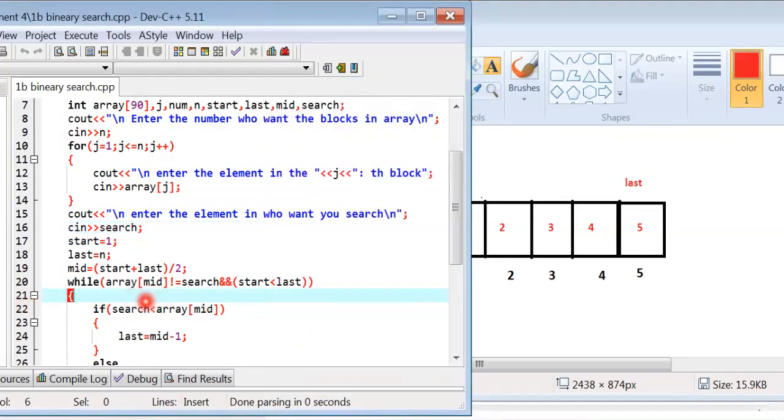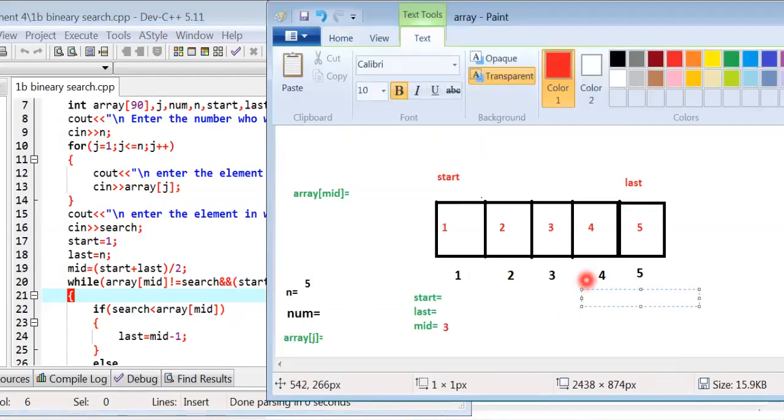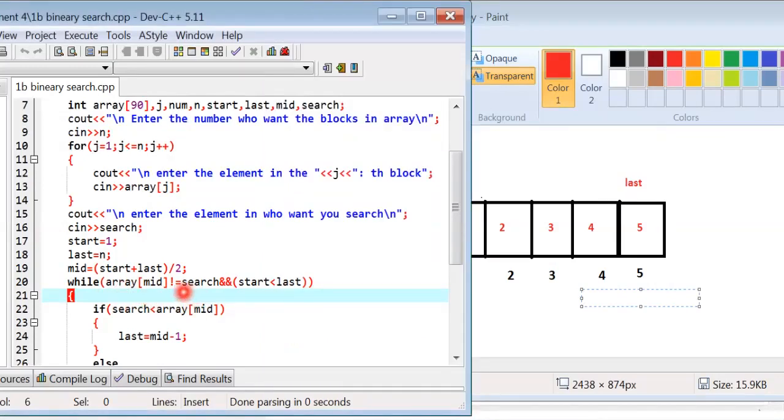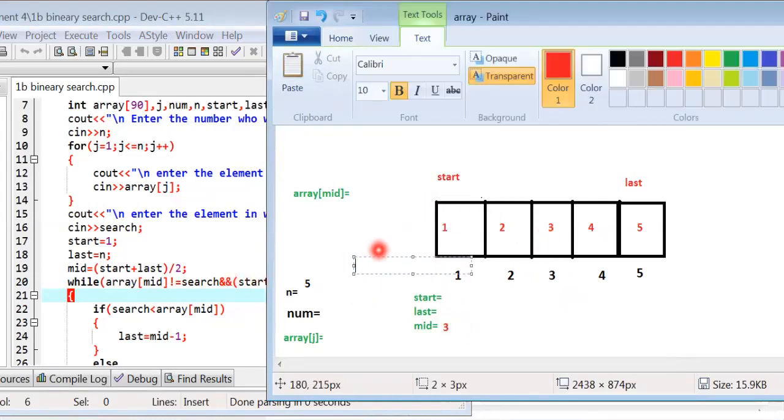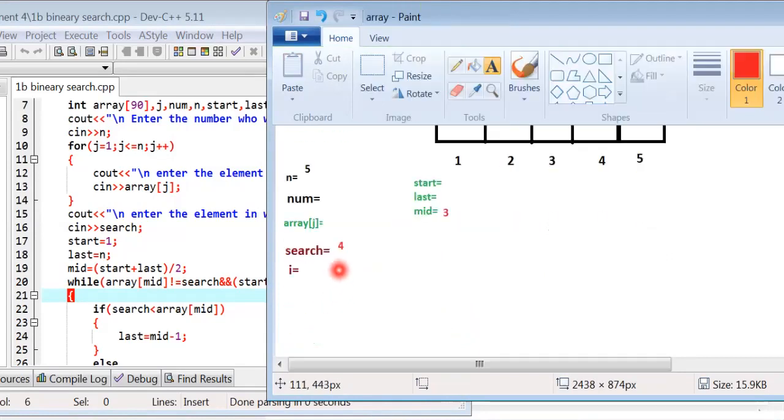While array[mid] not equal to search: array[mid] at position 3 has the value 3, and we insert the value 3 here. Array[mid] is 3 and the value of search is 4.